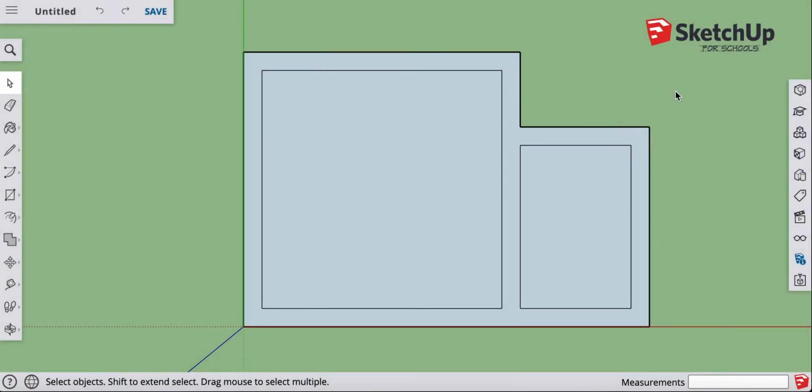Okay, so let's make a door. Let's make a door between these two rooms. We're going to make the door on this wall right here. The first step is to create the space for the doorway. So let's go grab our drawing tool